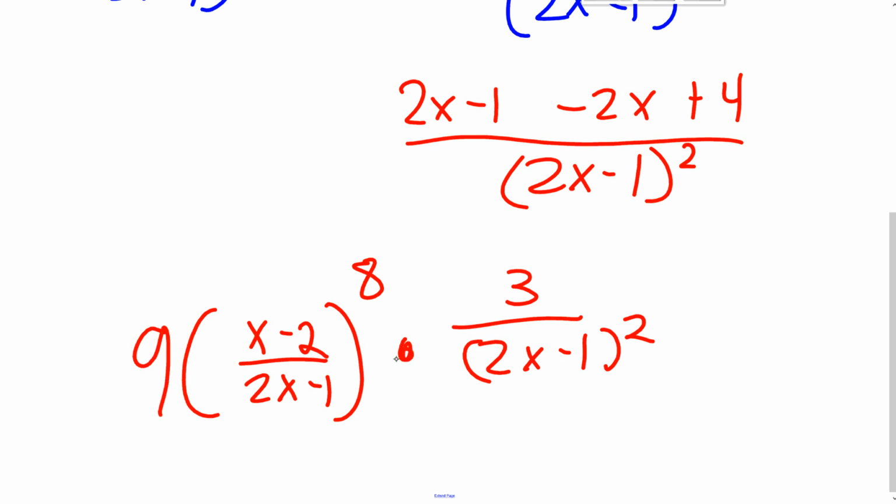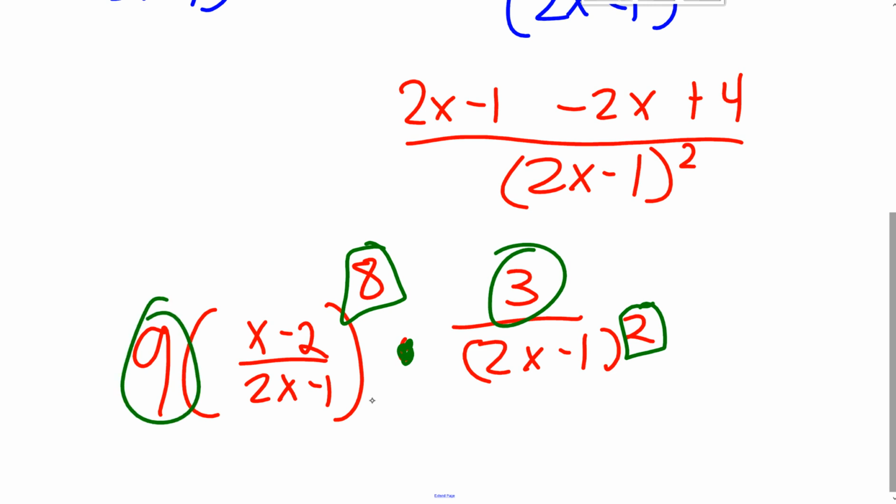So it could be left like that. They're not going to mess with anything above power of 2. They're not going to FOIL it out. So anything to the 8, they're not going to multiply it out. And you don't have to look for common factors here because this is multiplication in between here. So maybe what they did is just probably multiply these two numbers because this is in the numerator times 9. So we get 27,